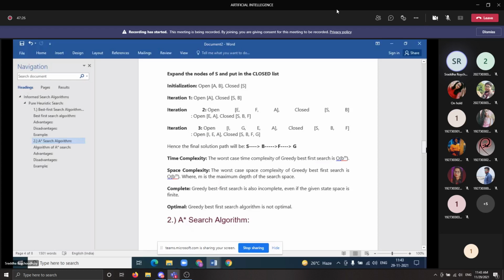So in case of greedy search algorithm as well, if we look at the worst case time complexity, it gives us b to the power m, where b is the branching factor and m is the depth. So it takes us to the depth first search algorithm. In case of worst case time complexity we are getting the best first search, and the worst case space complexity in greedy based search is the same as we got in the case of DFS, b